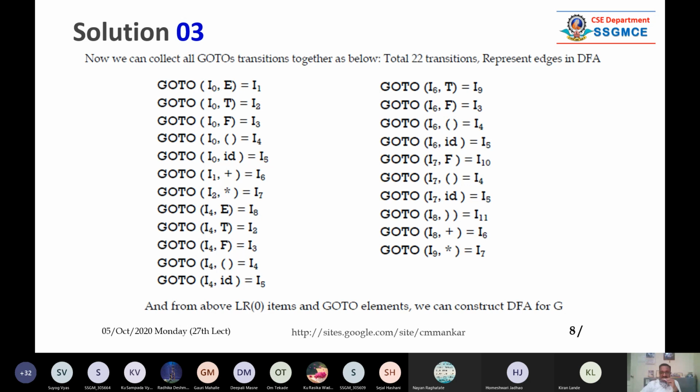Means you are in state I4 on input ID. ID is input, that is a terminal, and you are switching into state number 5. This is the logic. So this I am showing you at a glance, but we shall see how to do it systematically. If you refer to my PDF and the previous lecture, you will understand it.